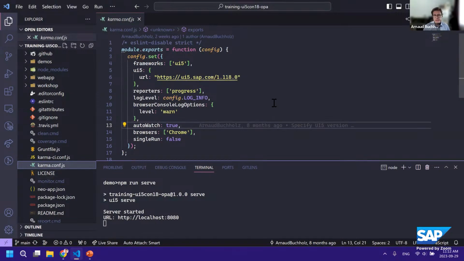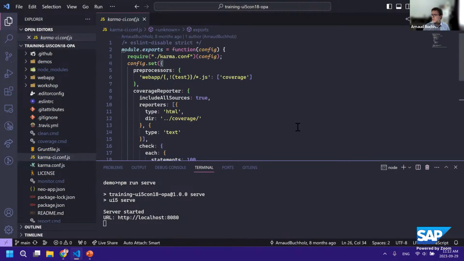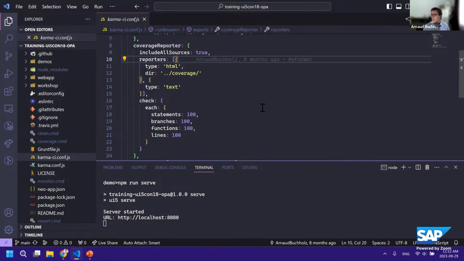And in order to do continuous integration automation, we have a karma.ci.conf, which inherits of the karma.conf, but provides additional settings, such as for code coverage, we have a preprocessor that will instrument the files to be ready to deliver coverage information. And we also have a reporter that is configured so that at the end of the execution of this Karma CI, we would have a coverage report being generated automatically. In order to run that, I can stop the server. So the server is not required to run Karma CI. I will just npm run,